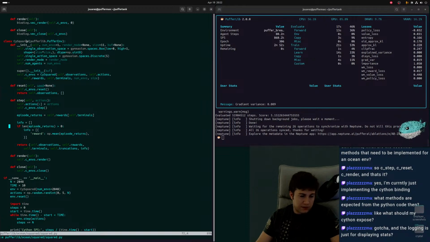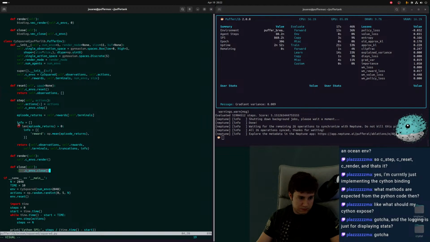So this is the example with Python here. The render method just calls render step. The only gotcha here is that you have to init with this buffer, and then this buffer sets self observations, actions, it sets all these things up. And then these are shared buffers. So this data gets shared between the Python and the C, because it's just the same memory